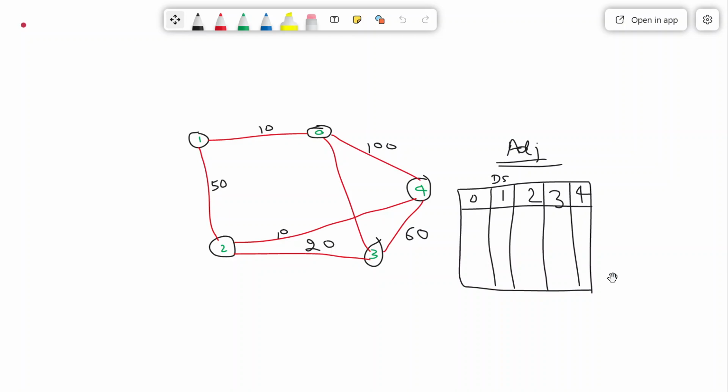Then what is the source? Source may be 0. 0 can be the source, 1 can be the source, 2 can be the source, 3 can be the source, 4 can be the source. Let us consider that this is representing 4, this is representing 3, this is representing 2, this is representing 1.